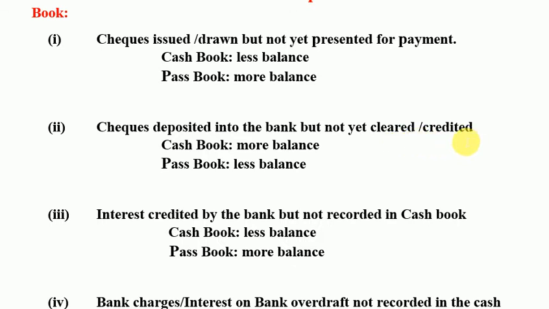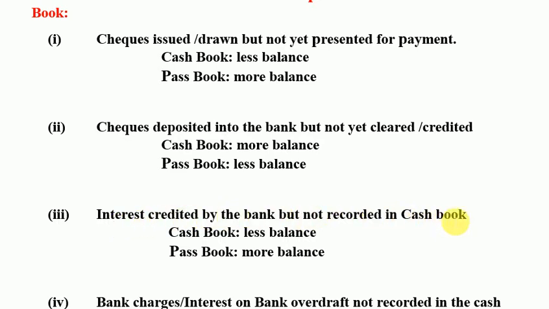So what will be the impact on these two books? Since the check is recorded in the cash book, it will have more balance, while it is not appearing in the passbook, so passbook will have less balance by that amount 10,500. Cash book will be more by 10,500, whereas passbook will be less by 10,500. This is our second cause of difference between balance as per cash book and passbook, which may come in our questions. Now we are moving with the third cause of difference, which says interest credited by the bank but not